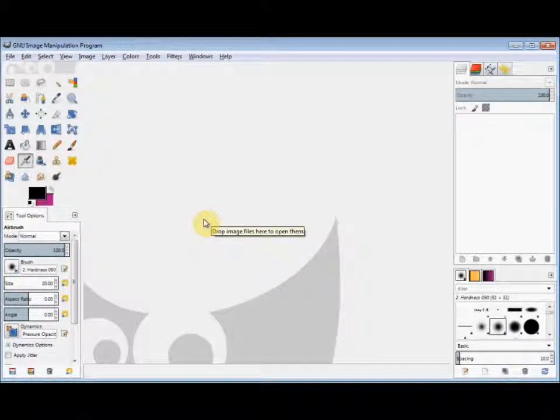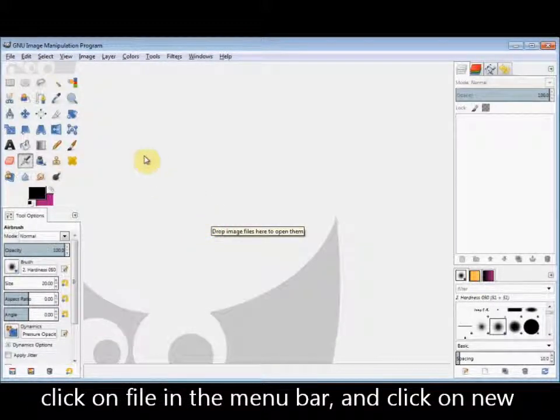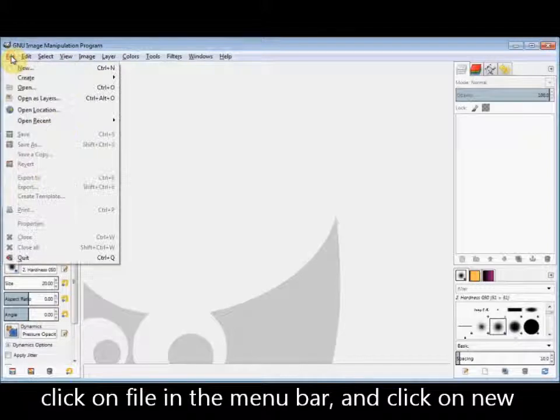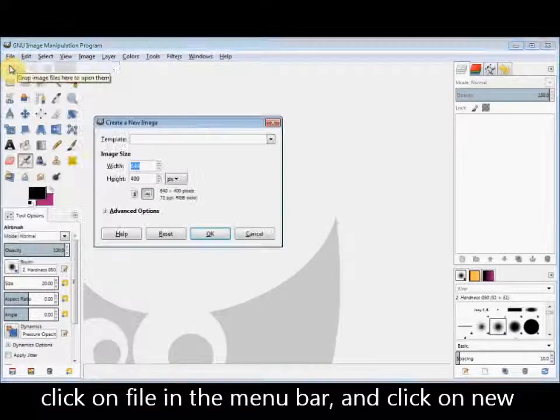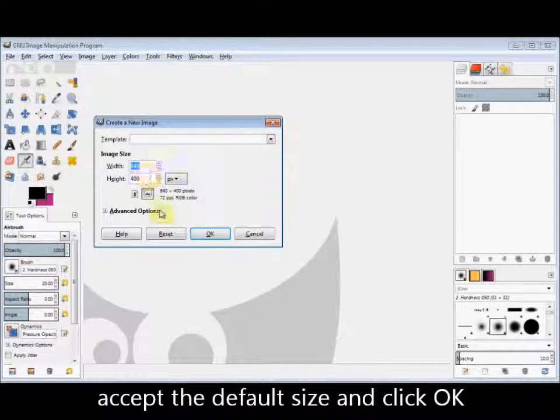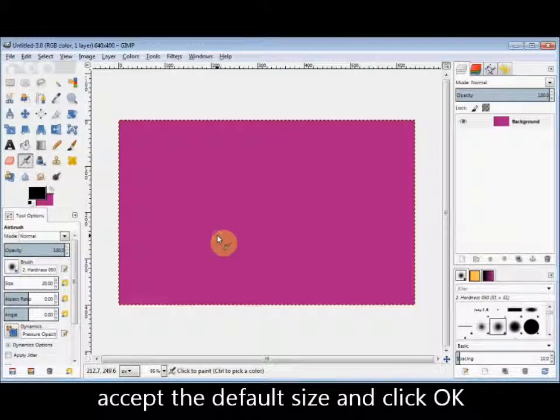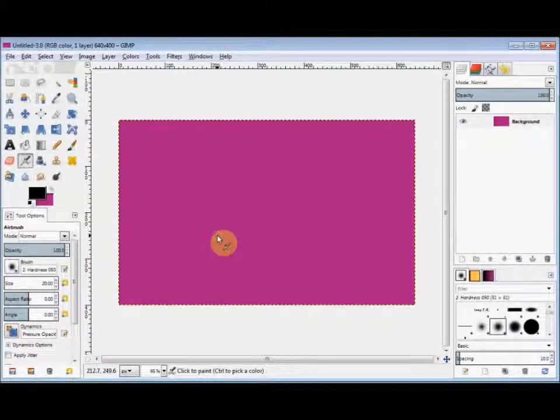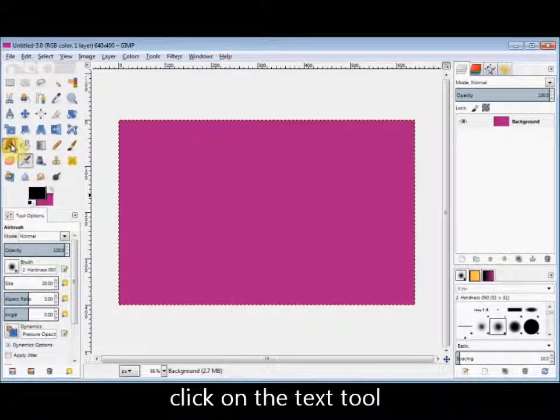And now I open a new canvas. So I click on File in the menu bar and click on New, and I'm going to accept the default size and just click OK. And now I'll do my text. So I click on the text tool in the toolbox